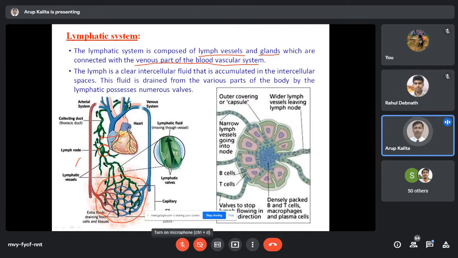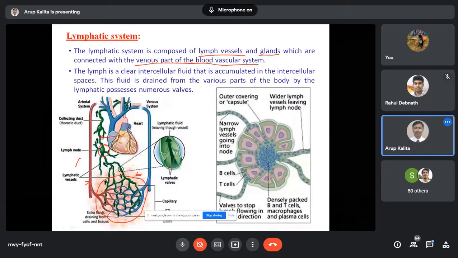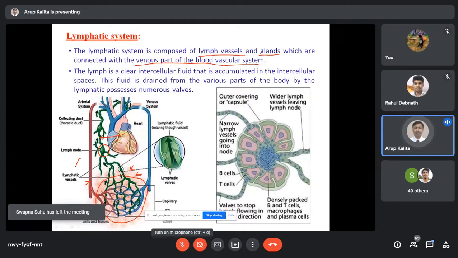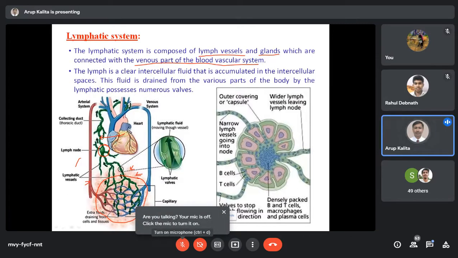Now here you see, this is the artery. Red color is the artery. The artery will come and form capillaries. These are called capillaries. Now these capillaries, this is a tissue. You see in the background, there are some cells. So that means this is a tissue. What will happen? These arterial capillaries will form the blue color capillaries. Blue color capillaries are the venous capillaries. Red color capillaries are the arterial capillaries.